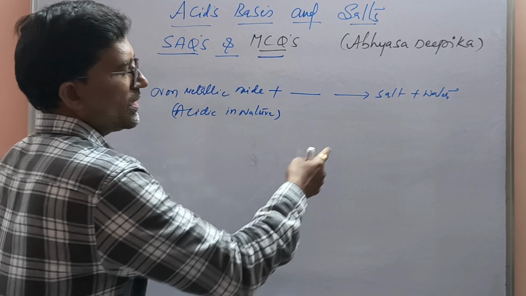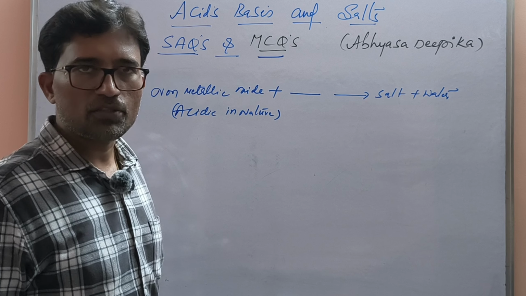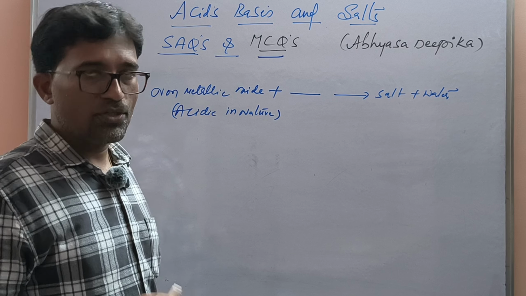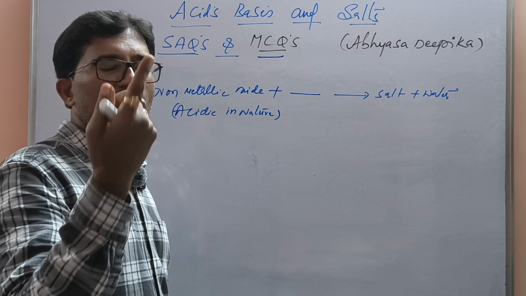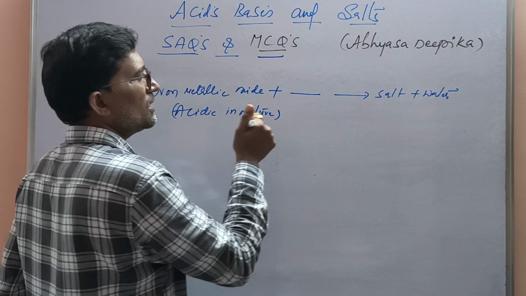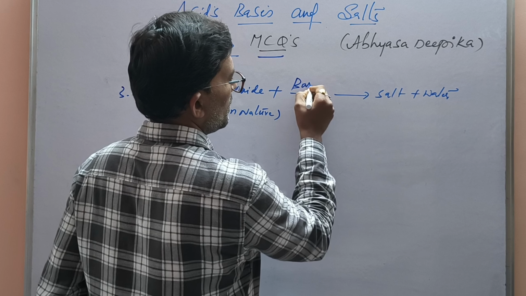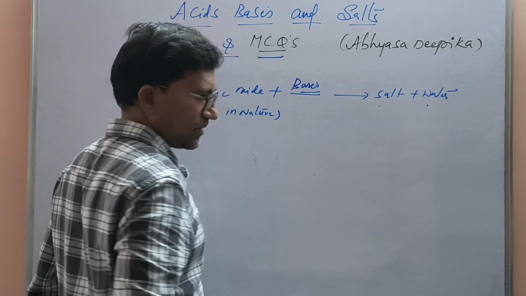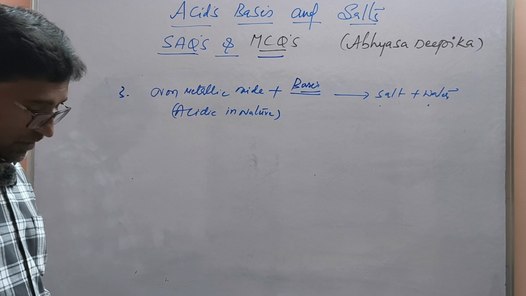And when is salt and water formed? In a neutralization reaction, an acid reacts with the base. Now here non-metallic oxides are acidic in nature. Then if it reacts with the bases, it forms salt and water. So in the given options, the right option is